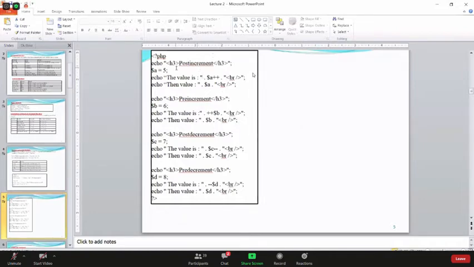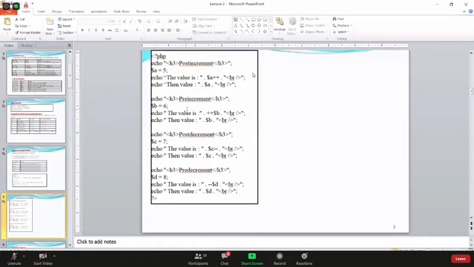Right here, we write the echo statement with the heading tag. We use heading tags here. First one, that is like heading post increment. Right here, we assign the variable, then the value, that is post increment. Right. Then you can write the actual value. After post increment, you can see the actual value.